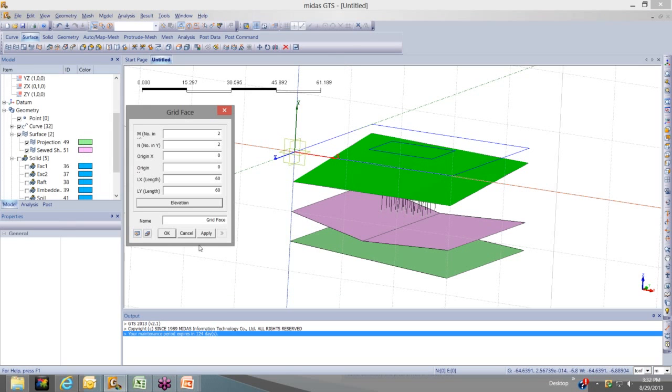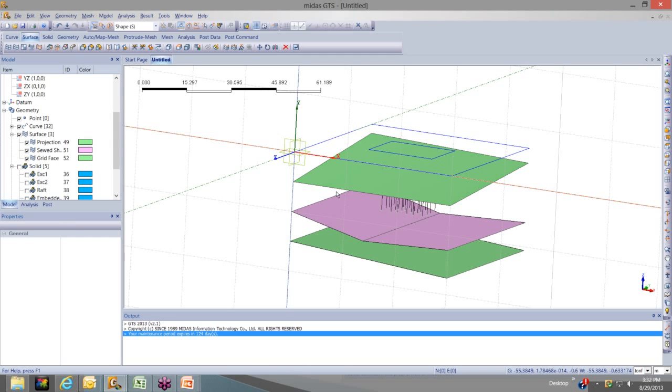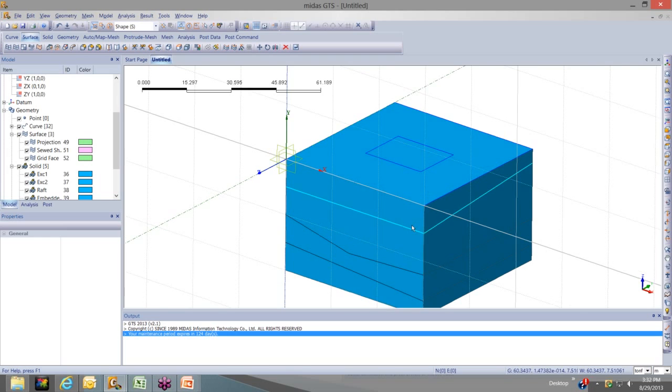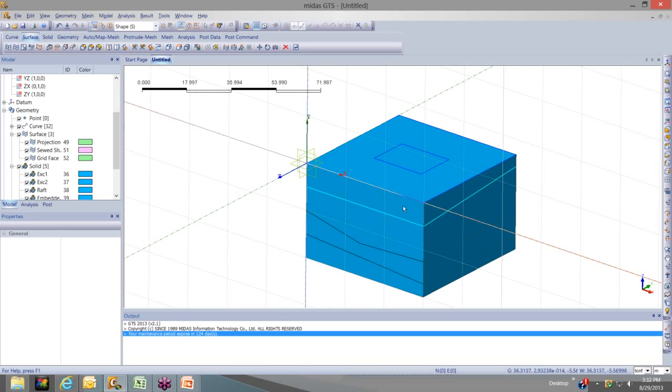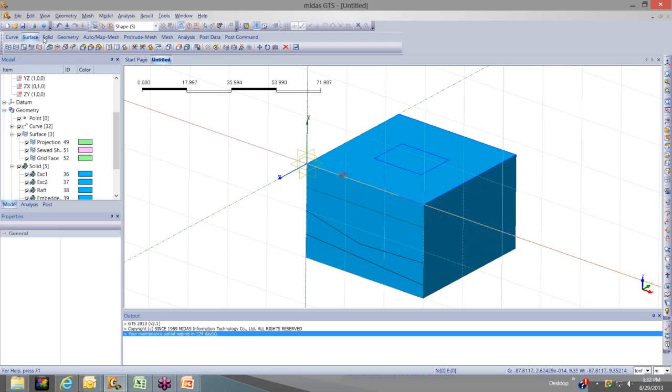Okay, so that's what we'll use. Now I have my different layers created. But as you can see, the program still recognizes just one large block of soil. So what I want to do is divide my solid by these various layers. In order to do that, just go to your solid option and select this icon here,